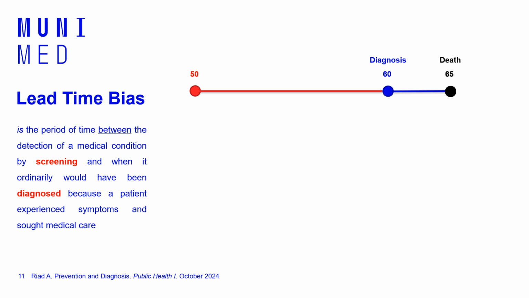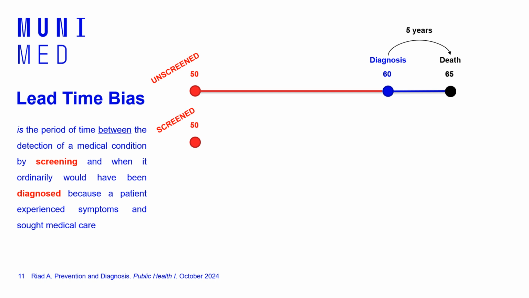So technically, when you look at this case, we can say that this human who was unscreened, he didn't receive any early screening, he knew about his illness, as I said, randomly or accidentally when he had some clinical symptoms at the age of 60. So this unscreened case has 5 years of survival because the period between the age of 60, when he started to know about the disease or the clinical diagnosis was established, until the day of mortality was 5 years. Okay, so this is the unscreened case.